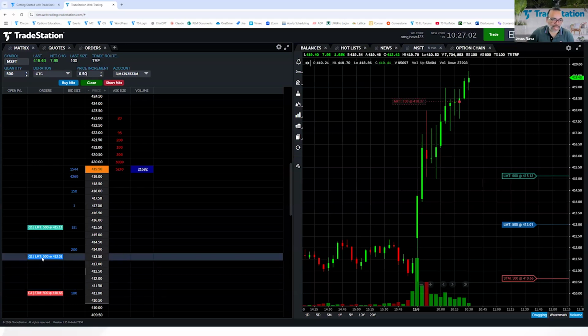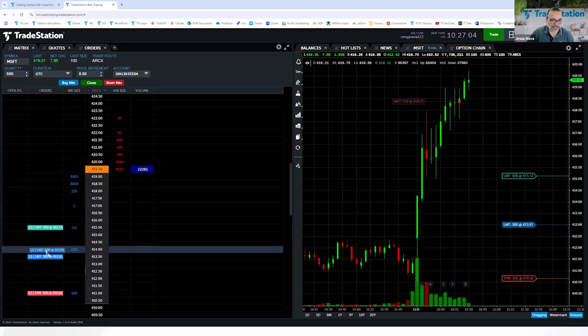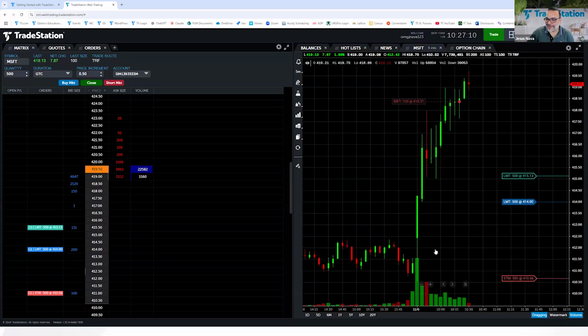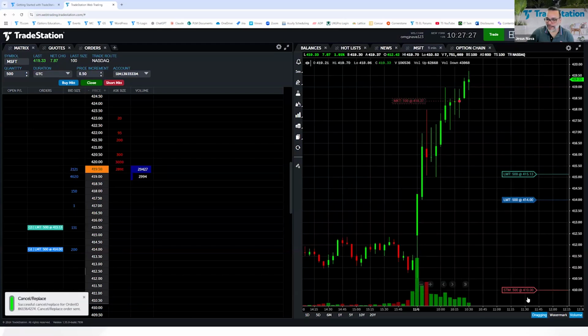Okay, if I were to drag here from the matrix and drag it up to 414, it adjusts the order. Notice that it adjusts the order here on the chart as well. So if you want to even out your take profit, notice that I have my stop loss at 410.66. If I want to use an even number, I can just drop it to 410,